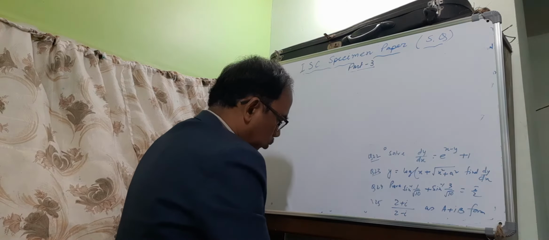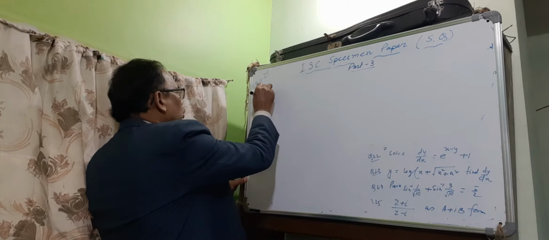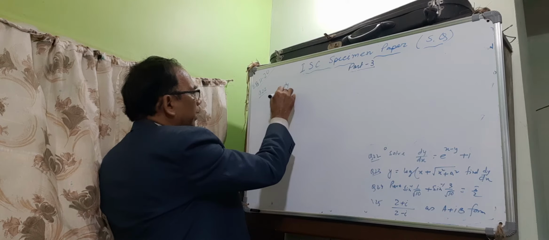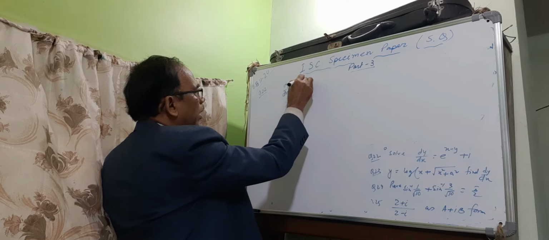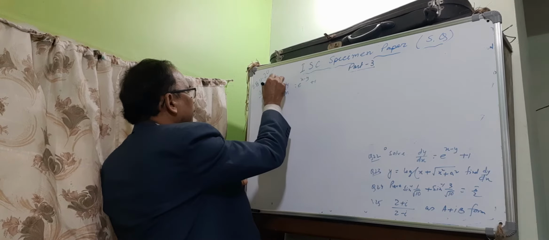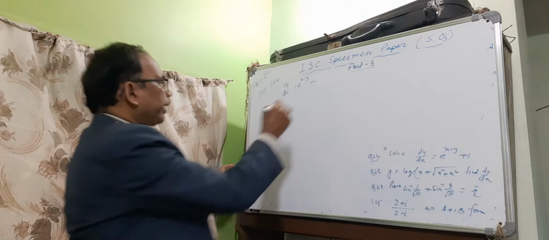Sum number 22. Question number 22. Solve dy by dx equals e to the power x minus y plus 1. It is a differential equation sum. Here take x minus y